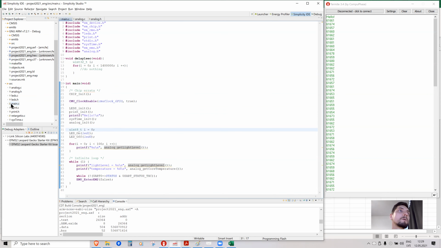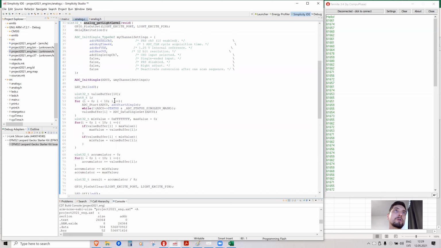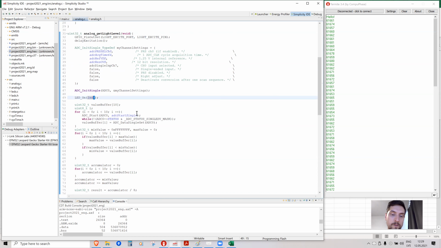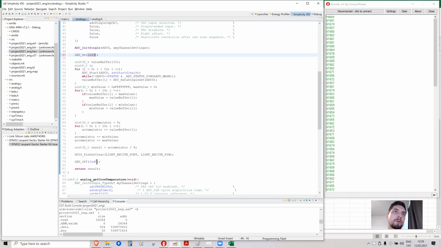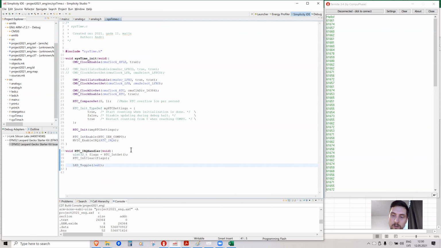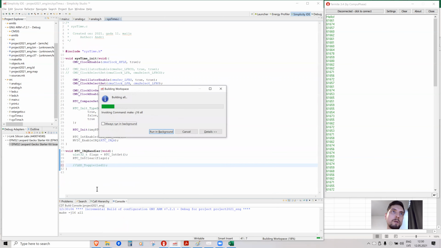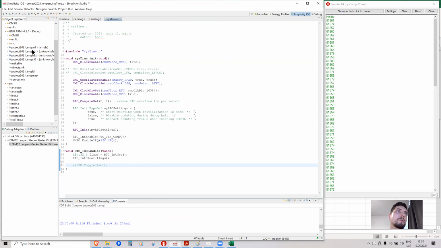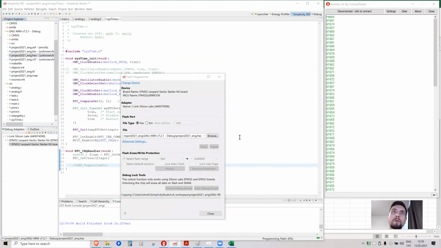It's not so good. Instead of LED 0, which is run by the fast timer, let's use LED 1. So LED 1 turn on, LED 1 turn off, and in our system we comment out the LED toggle so that this real-time counter doesn't tamper with our data. So we build it, flash it to the device, program,